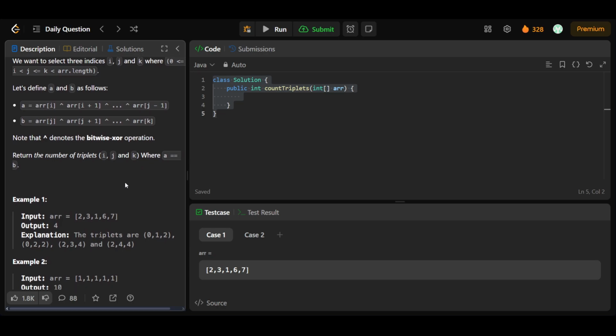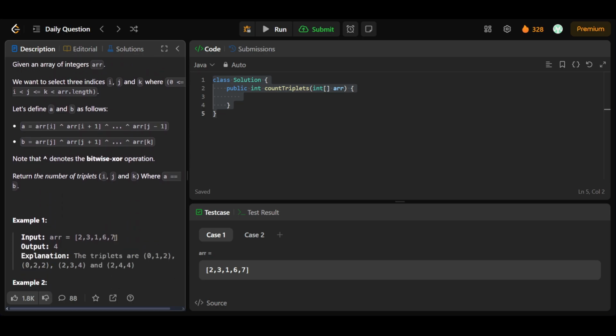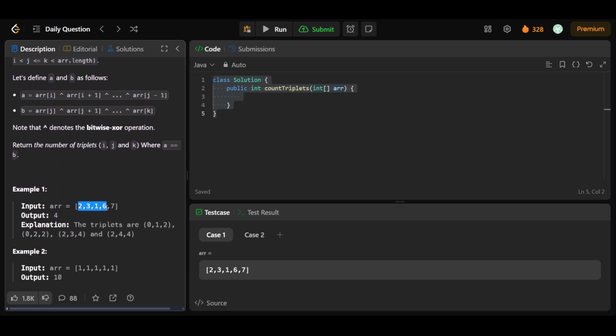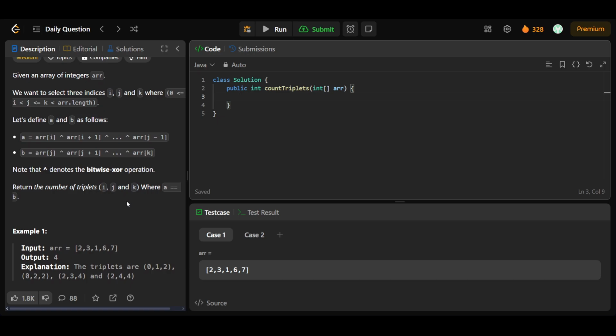Not just the triplets, basically the XOR of that. For example, in this we are having 2, 3, 1, 6, 7. So the triplets that can be formed are 0, 1, 2, then 0, 2, 2, and so on. So for this the total answer comes out to be 4 in that case. Now, what we'll have to do is